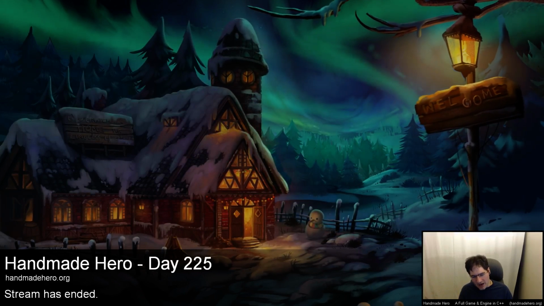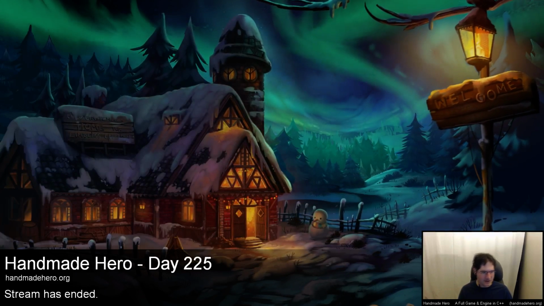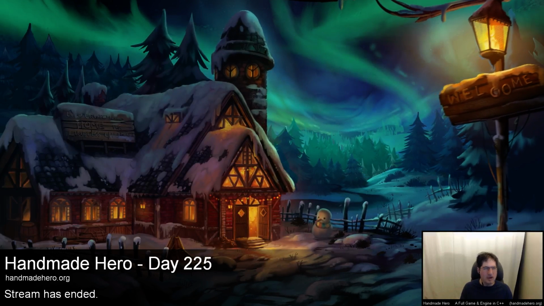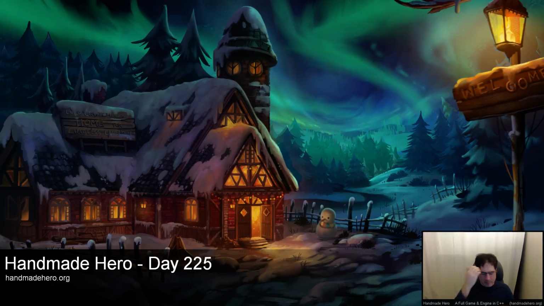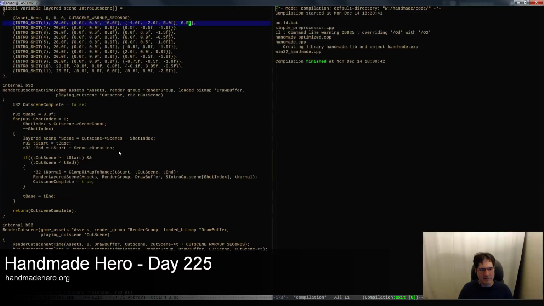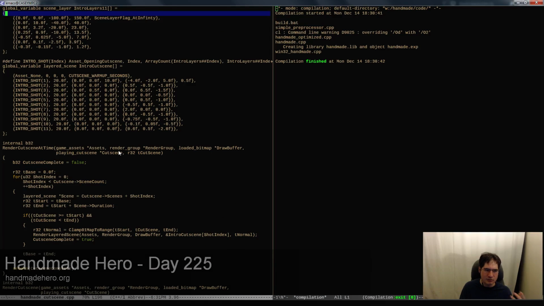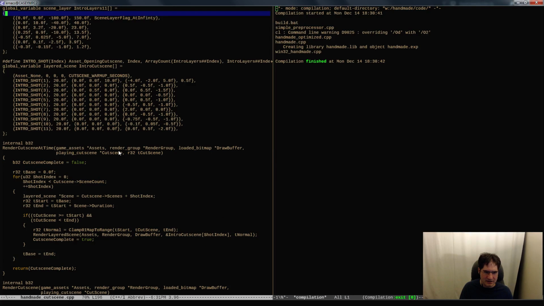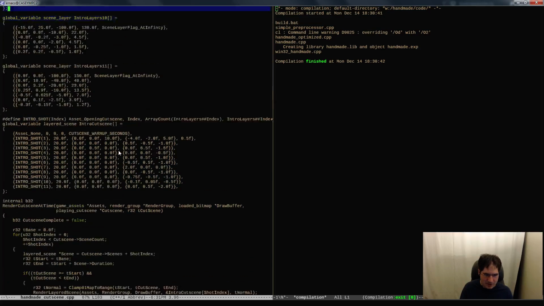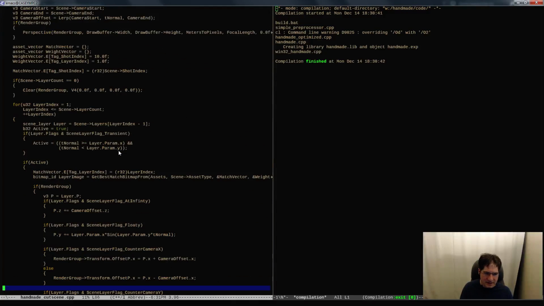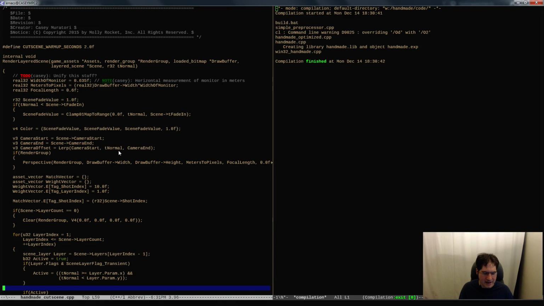Now, there's a problem with that, I think. I have to think about it, which is that it's in the wrong alpha space. So what we probably need to do, if you wanted to be correct about that, is make sure that alpha is gamma corrected alpha. I think we're kind of out of time, so I really don't want to talk about that right now, but it's going to be ramped wrong. So really what has to happen with that scene fade value is you'd have to go like,